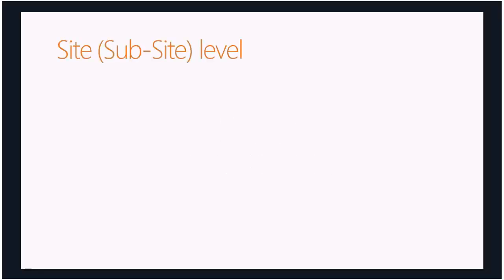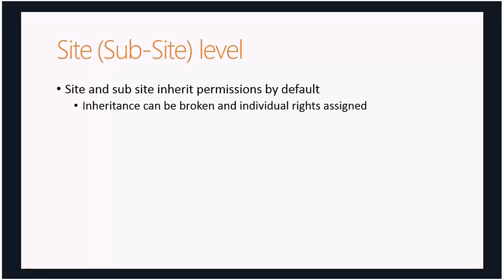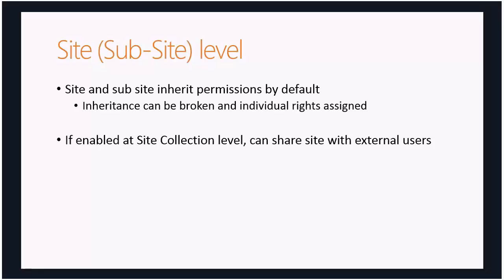So basically, we now get into the site and sub-site level permissions. We're now into our site collection. We're at our primary site location. Remember that it's inheriting by default, and the inheritance can be broken once it has all been set up, and then you can go in and assign individual rights. Again, we can set up to share with external users, and when you do, users will receive